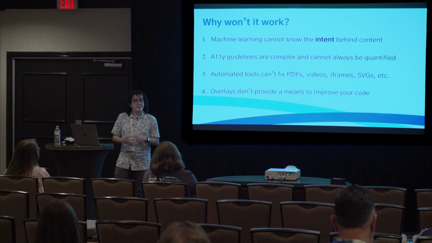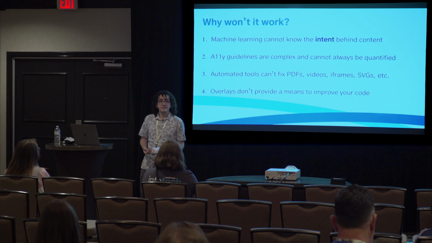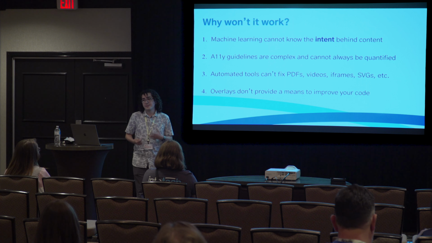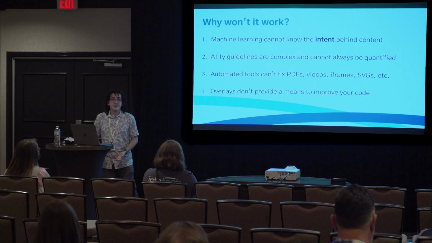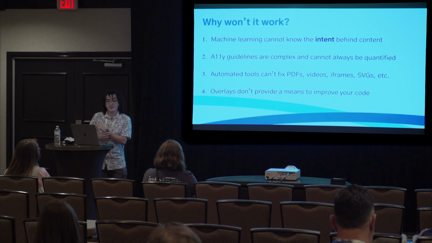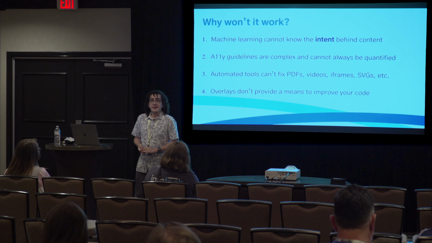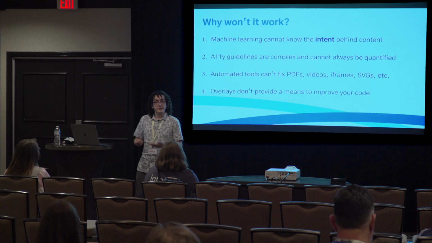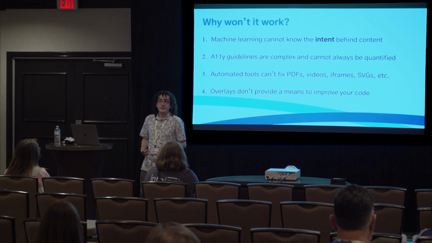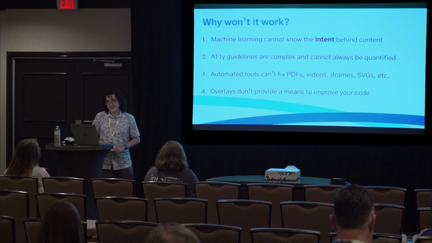We don't want to set a precedent that what a computer vision algorithm outputs is good enough, right? Because they're going to produce a certain kind of result that it's not human, right? And that should not be good enough for our users who rely on tools like screen readers in order to use our site. Would you trust a computer vision algorithm to provide captions for your product images on your e-commerce site? Do you trust that they're going to properly label all of the things that you're selling? We'll look at that in just a second.